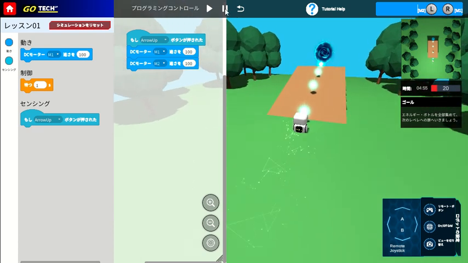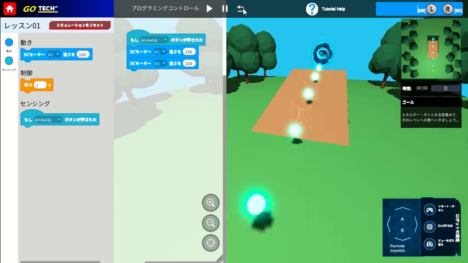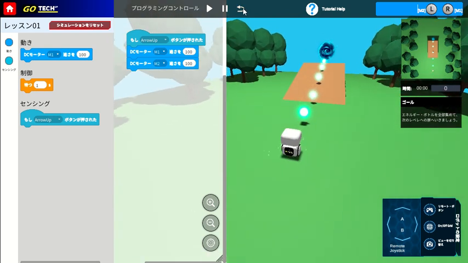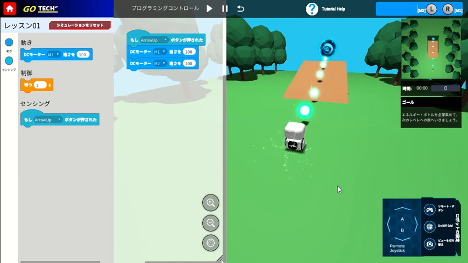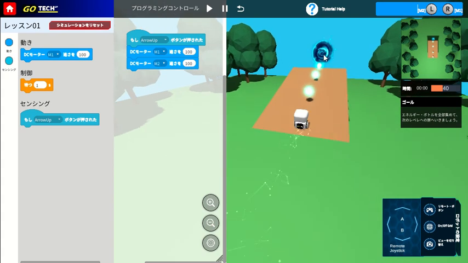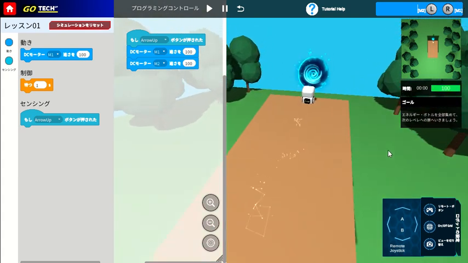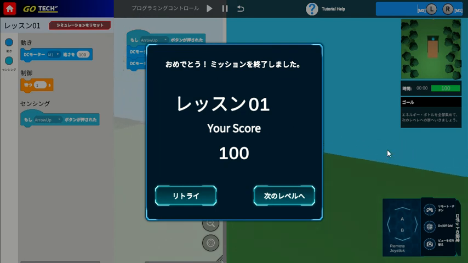This one is the stop or pause button. This one is the reset position. Just now I showed you, by clicking on this button, or you can also click the arrow button on your keyboard. Click, and then it will go towards the portal door. Then you can complete the mission. That's all for level number 1.